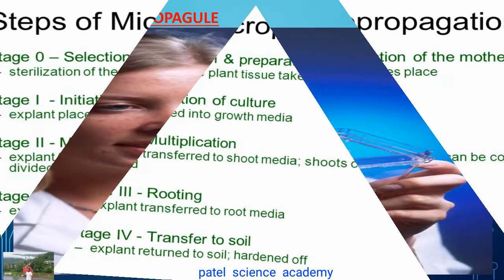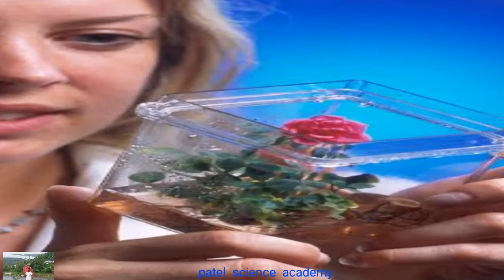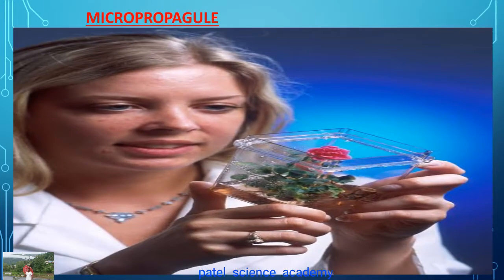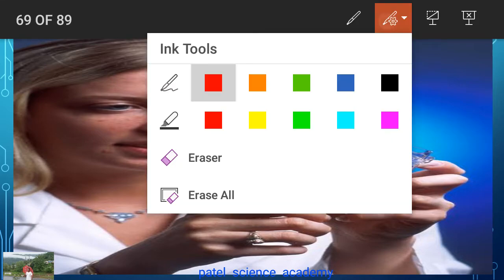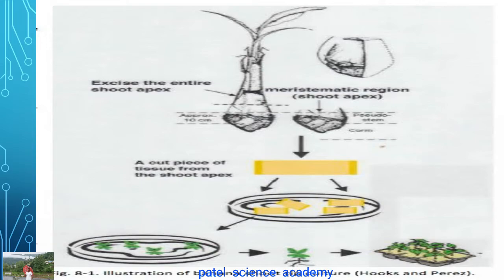So dear students, this is about micropropagation. You can see these small micropropagules are produced by this micropropagation process. You can see here in this box the micropropagules of the rose plants. It is produced here by micropropagation, meaning the callus, by adding auxin and cytokinin, can be converted into the root and shoot system, and small plantlets as micropropagules can be produced by that process. You can also see here in this diagram